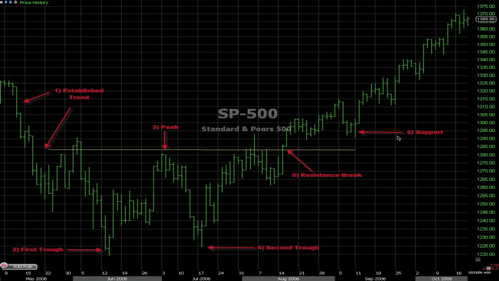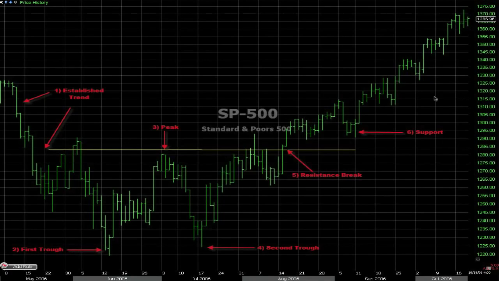Over here you see something which we call support. It's because what was resistance is now support. It's very normal to see a pullback to test that area. Okay, double bottoms can be used for both analysis and trade entries. I'll get back to the entries in a second, but first let me show you how to analyze the market